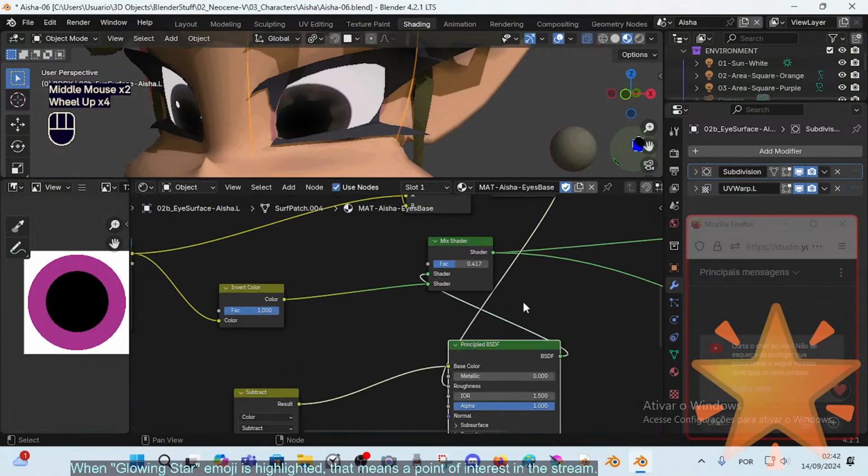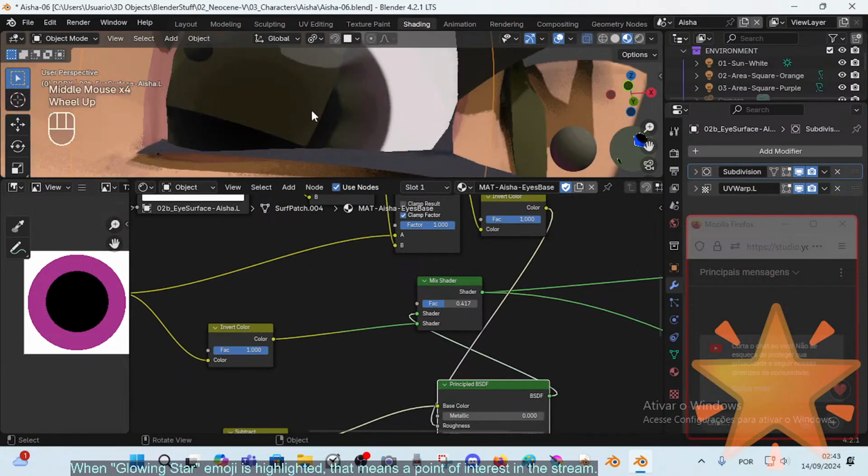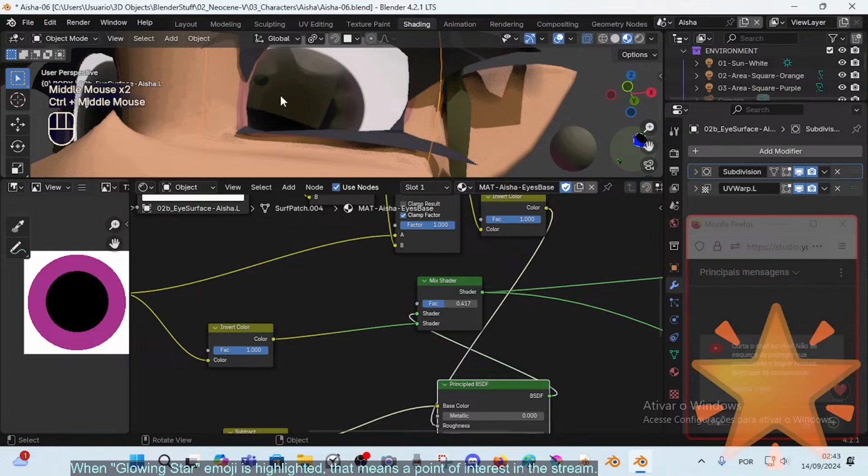Roughness was another idea. Okay, because I wanted to add, you see there's this reflection from the lights,